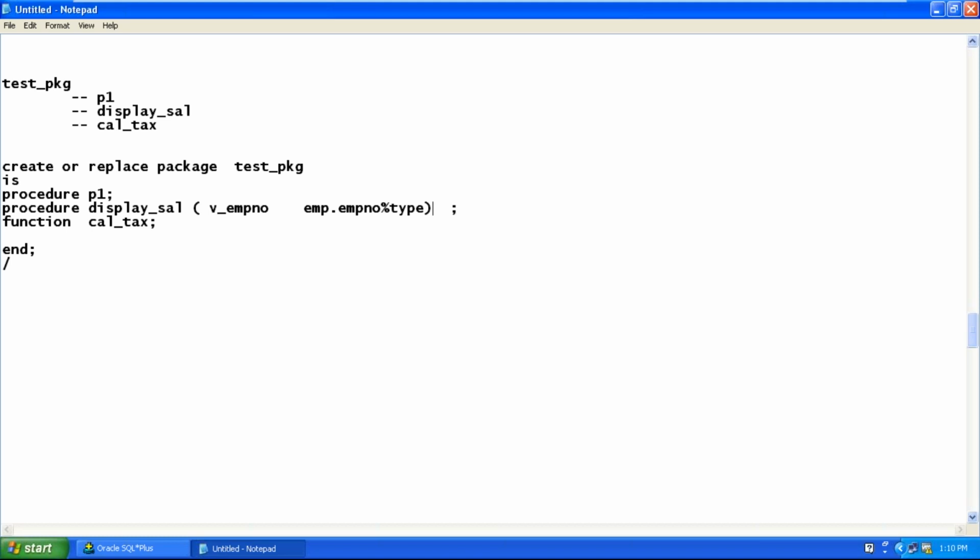My function calculate tax also accepts salary: v underscore sal emp dot sal percentage type. As per the function, you should have one more statement called return number.